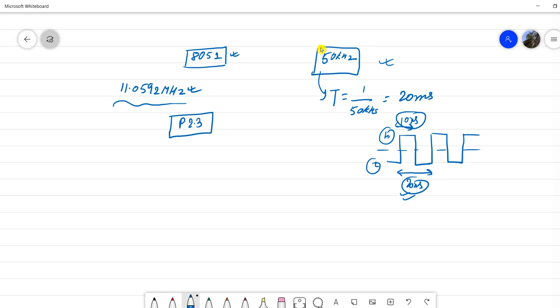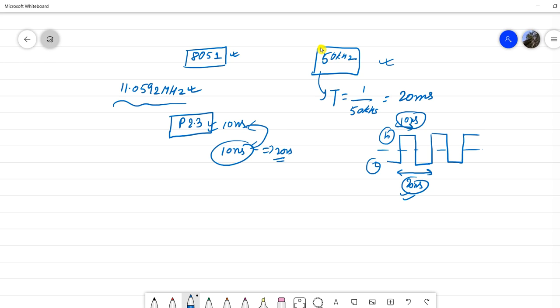On port 2.3 the value will be high for 10 microsecond and then low for the next 10 microsecond, and again it will repeat itself. In total we have the square wave of time period 20 microsecond.